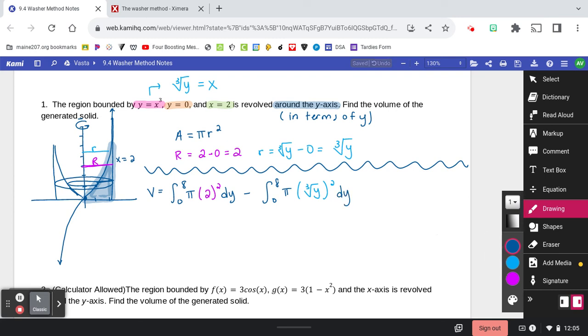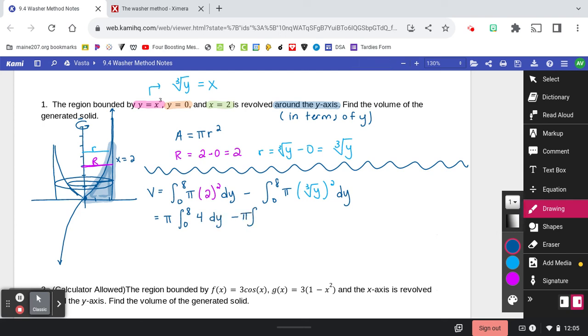And now I'm going to do this integral, but in order to do this, I do need to evaluate it by hand. This is not a calculator question. Once again, the easiest way to do this is going to be to factor the pi out and deal with that later. And we're going to have the integral from 0 to 8. If I simplify 2 squared, that is just 4 dy,